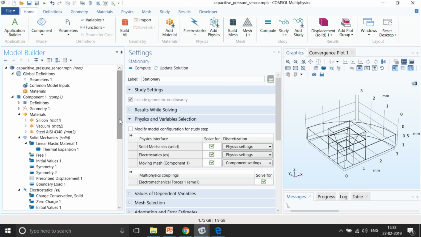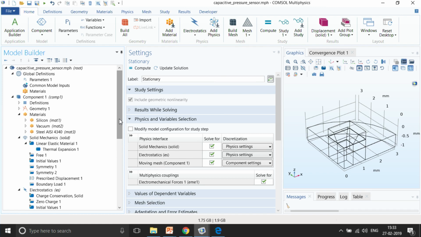So we have d original and we have d final. The d original will give you the original capacitance, and the d final will give you the final capacitance after the deformation.